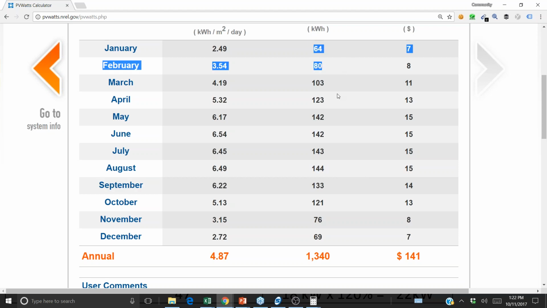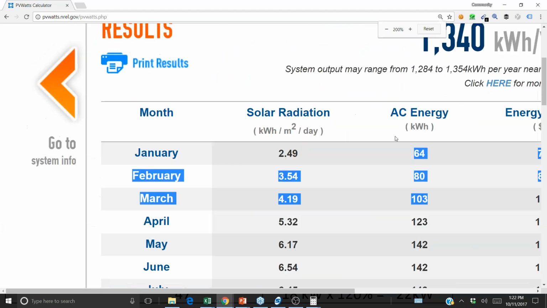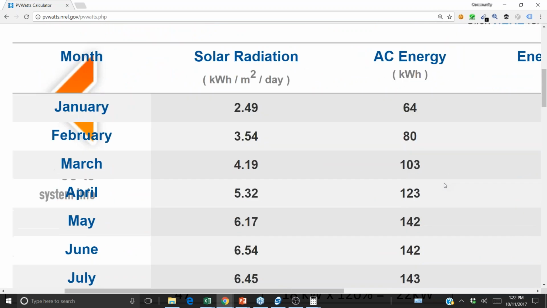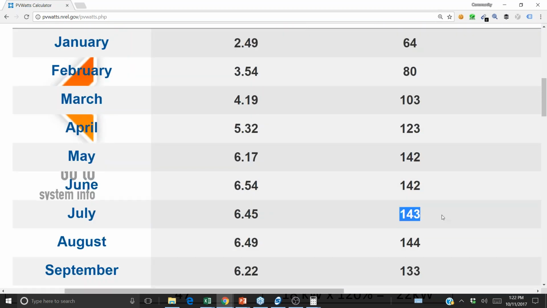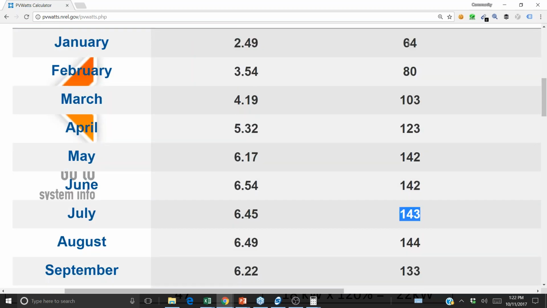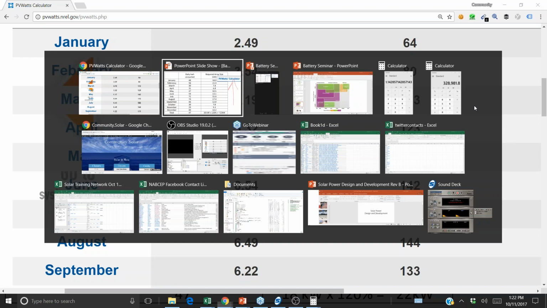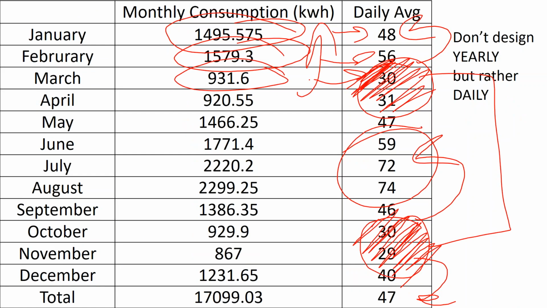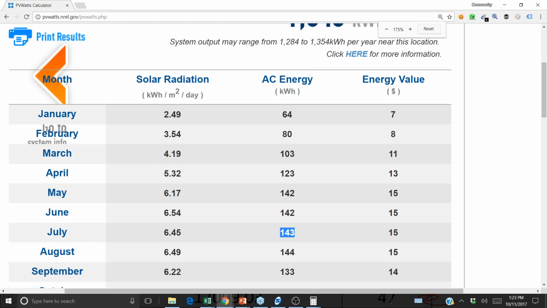And so if January or February is our problem, look, right now a 1 kilowatt array in January is producing 64 kilowatt hours, and in the summertime it's producing 143. And so we're producing almost twice as much in the summertime as we are in the wintertime. If this was new construction and I really wanted to optimize the tilt angle of my rooftop, you might go back and say, okay, well, my daily kilowatt hours consumed in the summertime is not twice what it is in the wintertime. And so I can go back to PV Watts and kind of play around with the roof tilts